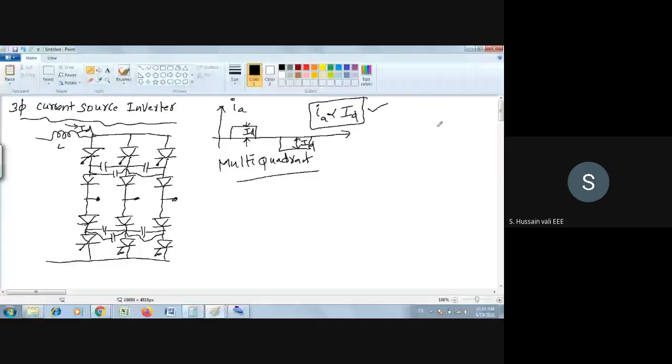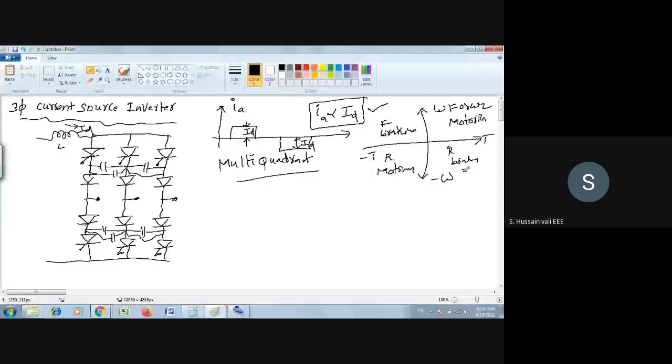As a recall, with torque T and speed omega, plus and minus: this is forward motoring, this is forward braking, this is reverse motoring and reverse braking.